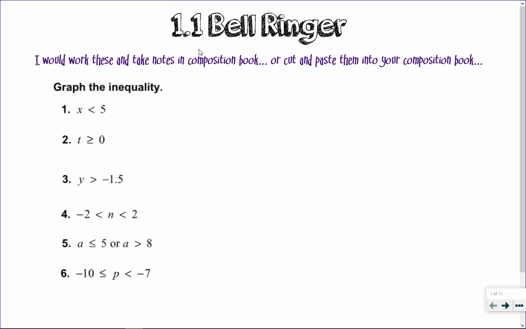Okay, you guys have any problems with these? Any questions? These are pretty easy, pretty straightforward. You've already done a few of these, haven't you? Just on the skills worksheets that we did. Okay. All you're doing is basically just graphing them on a number line, like so. You know it's a positive, so I always go